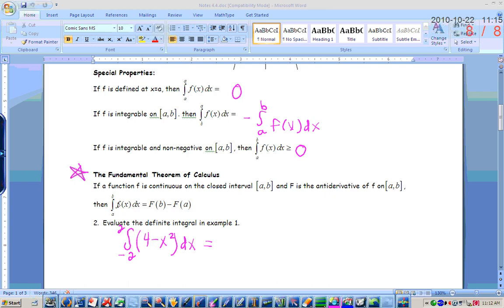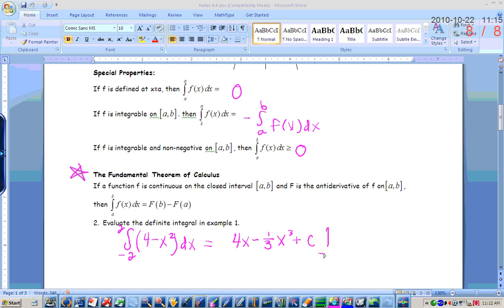Okay, so if I'm integrating little f, I'm supposed to get big F. So basically, I need to integrate first the 4 minus x squared. Well, what's the integral of 4 minus x squared? 4x minus 1/3 x cubed, plus c. Now, the way that the notation works here is that you integrate, and then on the right side,